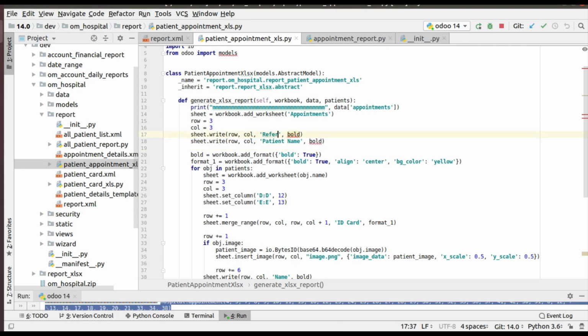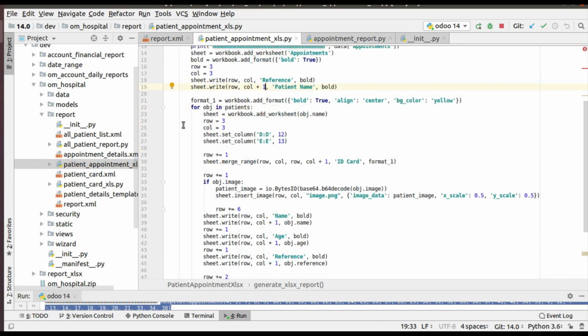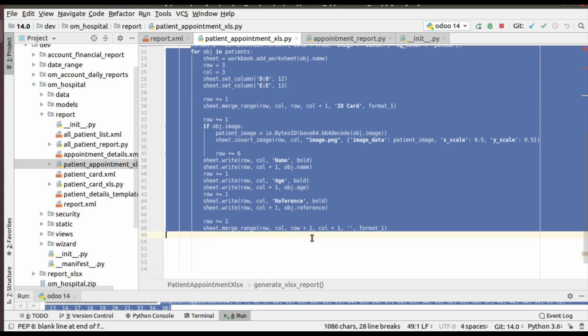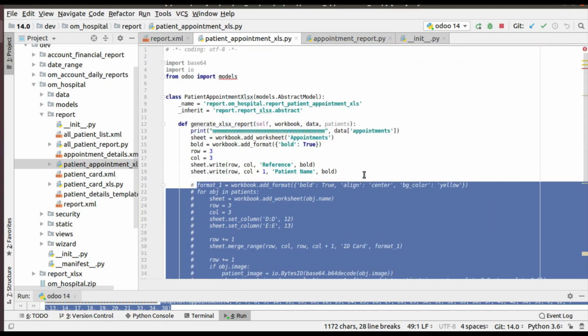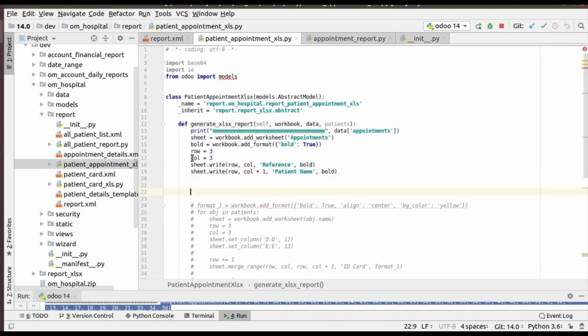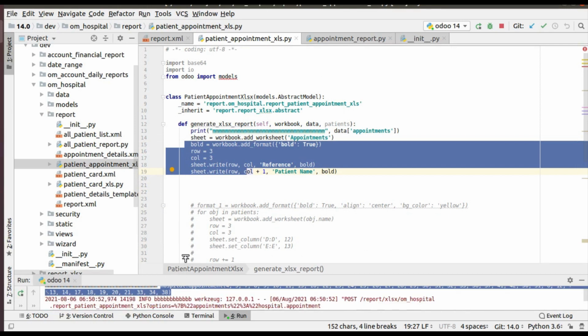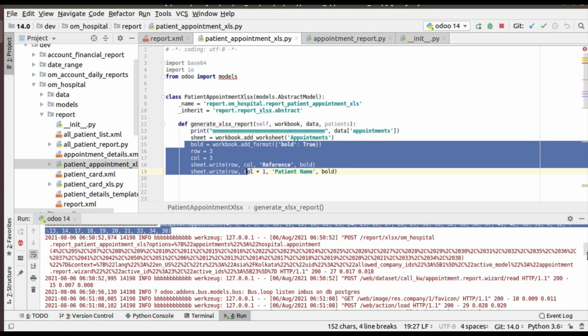So I'll explain what I'm doing. Control X and I'll put it here, column plus 1, and let me comment all the rest of the codes. So what I have done is I have added a few lines of code here, and let's see what happens if I print the report right now.